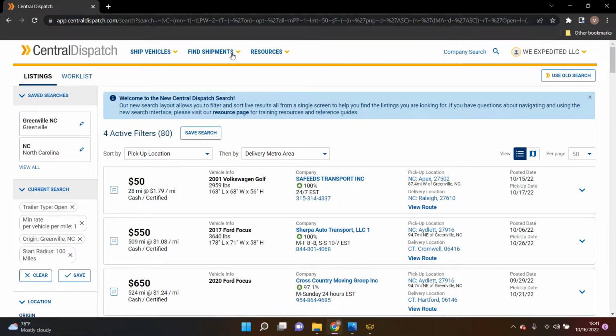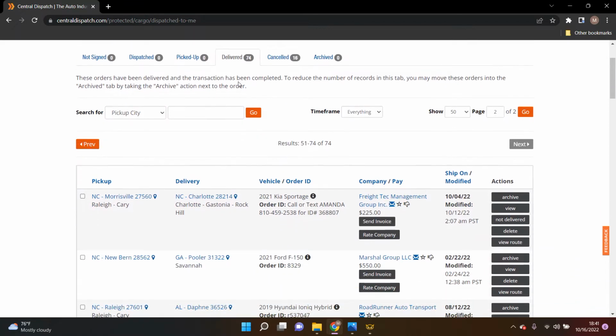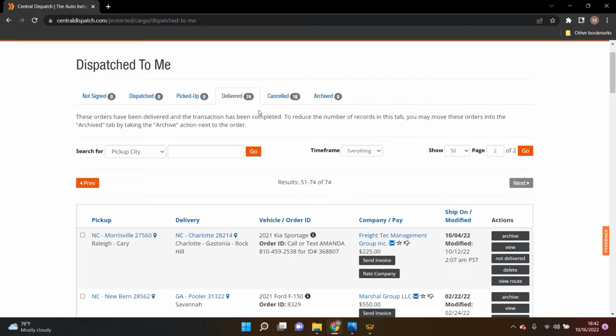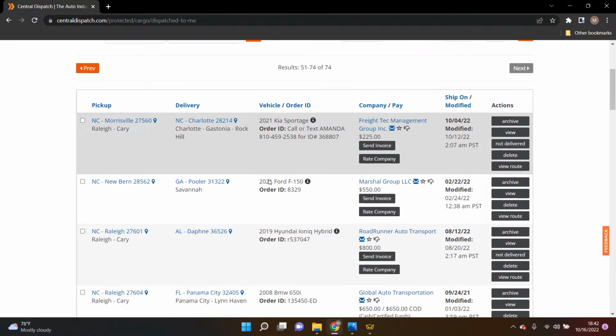And let me go through here. Dispatched. I got this of the vehicles I've taken. Now this number can be tricky because out of the time that I've been using Central, I've shipped several cars, hundreds of cars now, right? But this only shows 74 since the time I've used it. And the reason why is because when you first get on Central, you'll start getting those there. But as you grow into it, some of the other ones that we're going to go over,